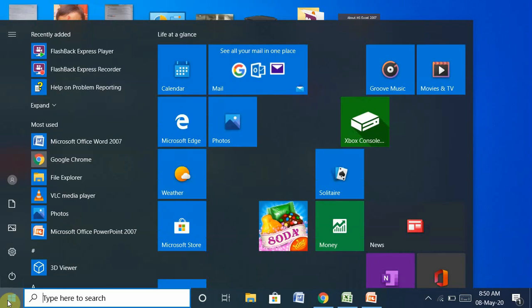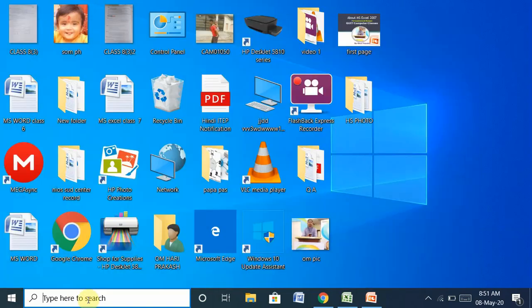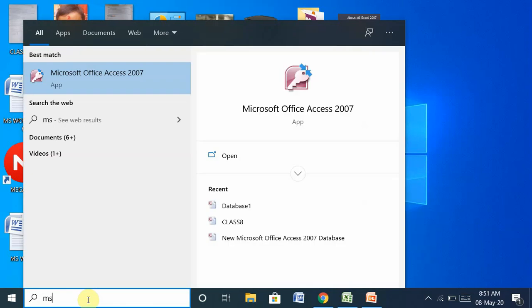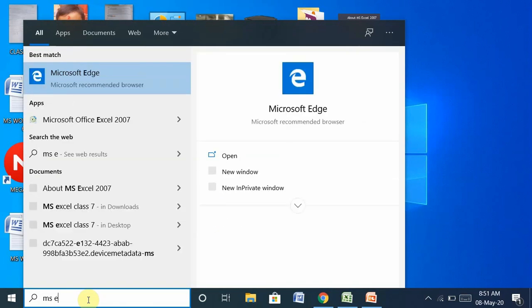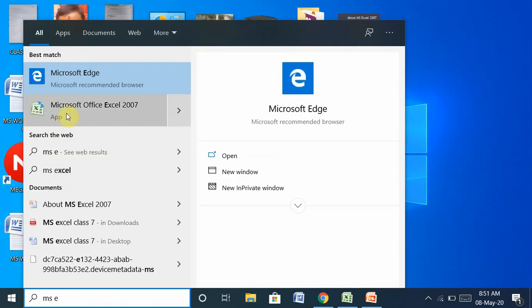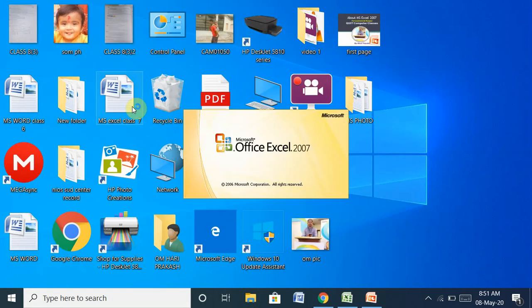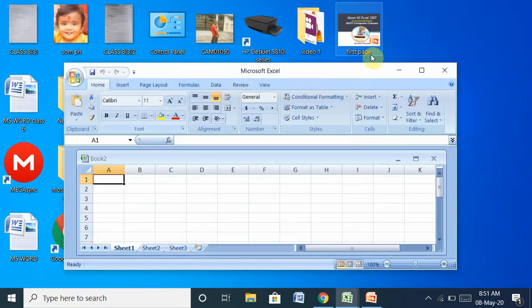Click on All Programs, then select Microsoft Office and select Microsoft Excel 2007. Otherwise, you can also write it here. As you find Microsoft Office Excel 2007, select it and maximize it.